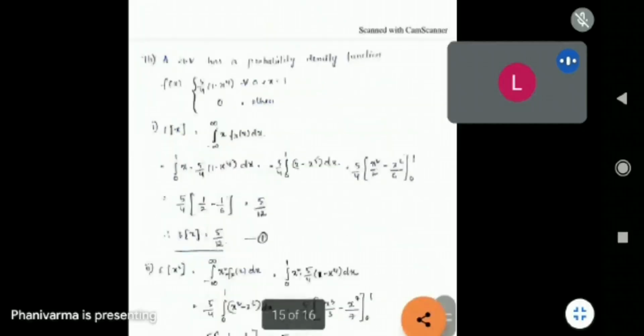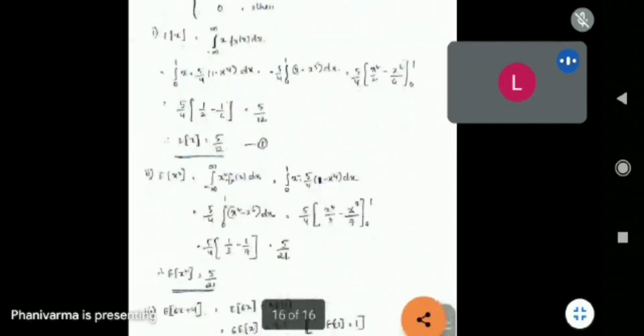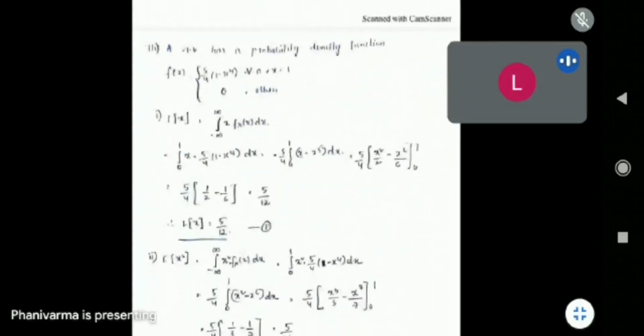Next one: a random variable has a probability density function f(x) equals 5 by 4 into (1 minus x) to the power 4, for 0 less than x less than 1. That is, it is between 0 and 1. We are asked to find